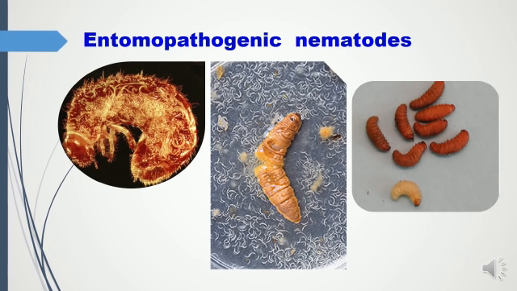Entomopathogenic nematodes generally depend on their symbiotic bacteria to kill the host and to create a suitable environment for their development in the host. The bacterium depends on the nematodes for penetration into the host hemocoel and to protect it from external environmental conditions.